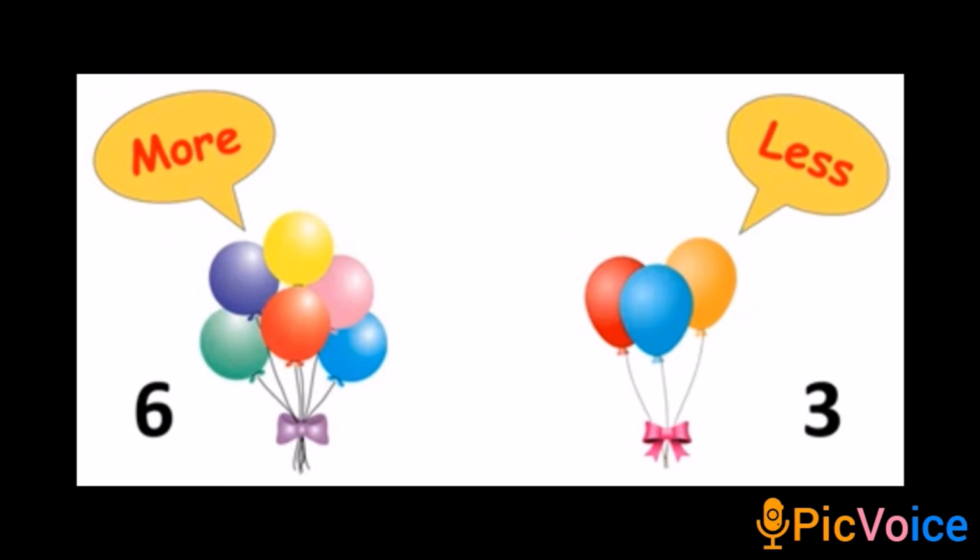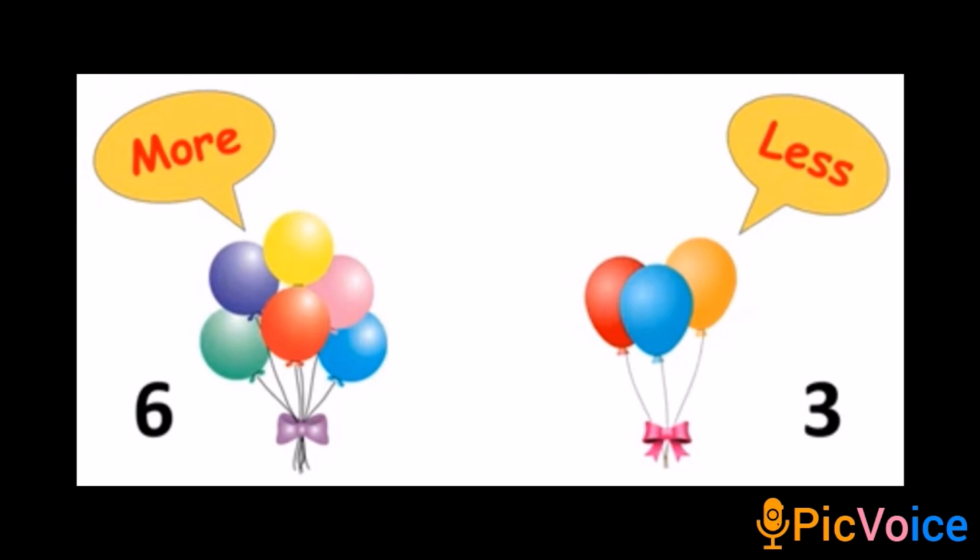See children, this is our another example to find out more or less. Okay, what can you see here children, we can see many different balloons, isn't it? Shall we start to count it? Okay, we are going to count the left hand side balloons first. Okay children, shall we start to count it? See, 1, 2, 3, 4, 5 and 6. Okay, we have 6 balloons in the left hand side. So I wrote 6 here.